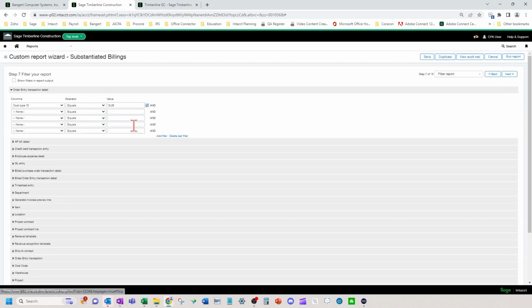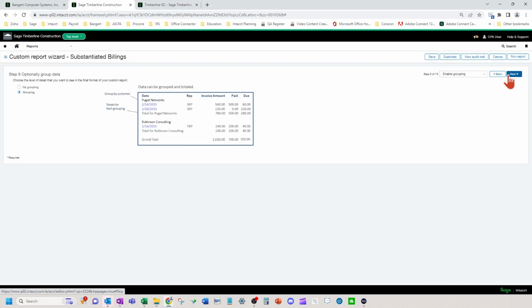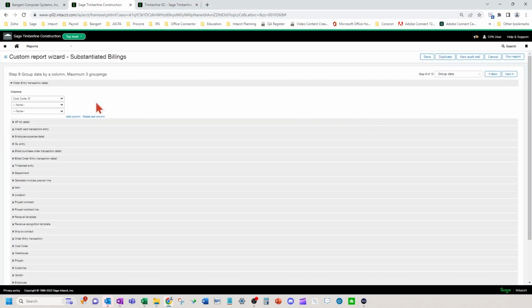And for this example, I just wanted to show you a smaller report. So I set cost type ID equal to sub. If you have subcontractors, material, cost types, equipment, you could do something different here with the filters as well to capture all those AP bills, for example, or purchasing, if you're using the purchasing or purchase order area or commitments.